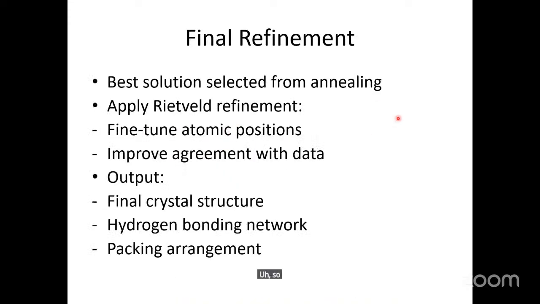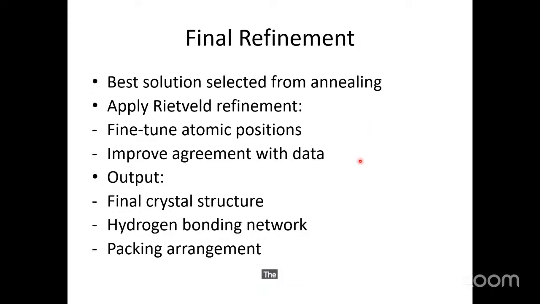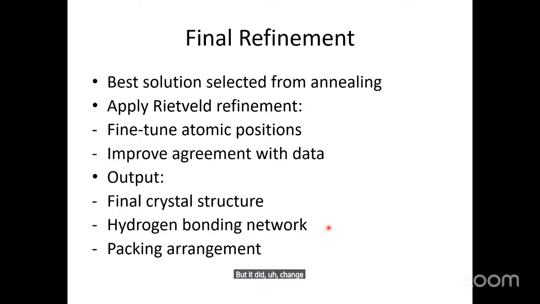So the final step that we attempted was the refinement, and in refining, what I want to mention is that if you do refinement, most of the time it does not change the starting structure in that great of detail. It might improve the hydrogen bonding network, but in this case it did not. We came up with pretty much the same thing, but it did change some of the atomic positions a bit,